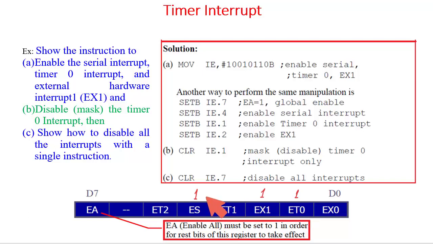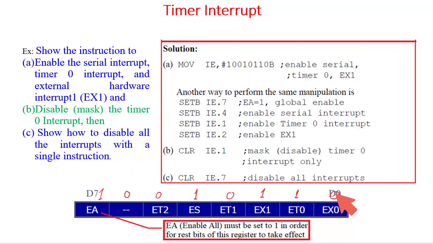What is most important? The most important thing is that we must set this D7 bit, enable all. So this will be logic 1. All other bits will be logic 0. So this is the setting of the interrupt enable register. So see what will be the instruction? The instruction will be MOV IE, #